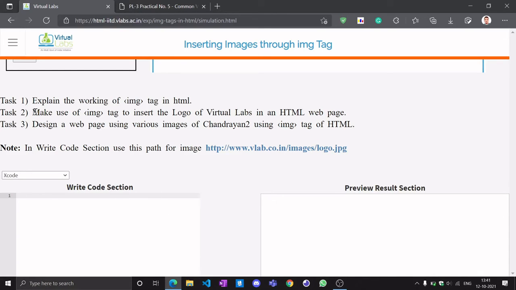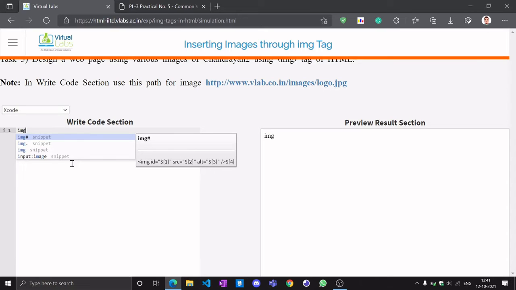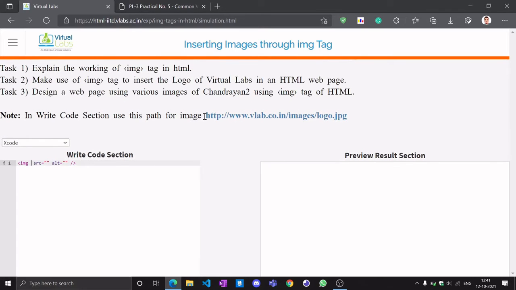So to make use of the img tag we have to define this URL, and we have to design a web page for Chandrayaan. So let's do the basic use of the image tag. Here class name is not required now. So for src, let's give this as a URL. It will show the image at that URL.